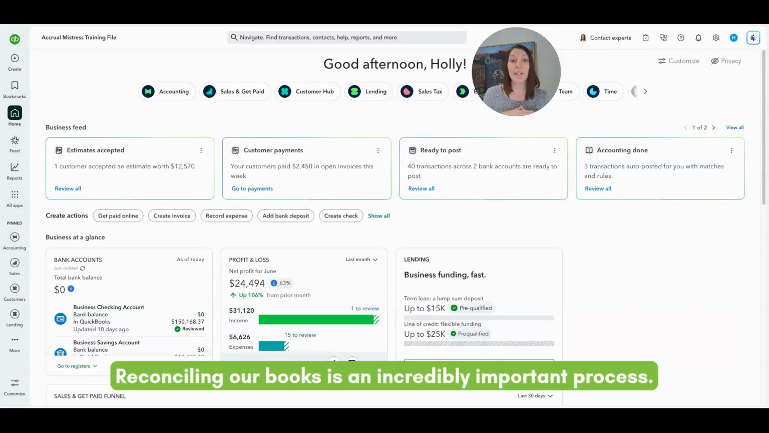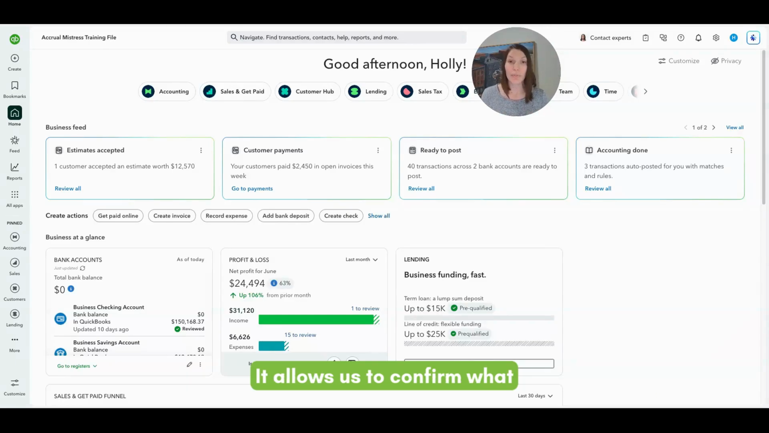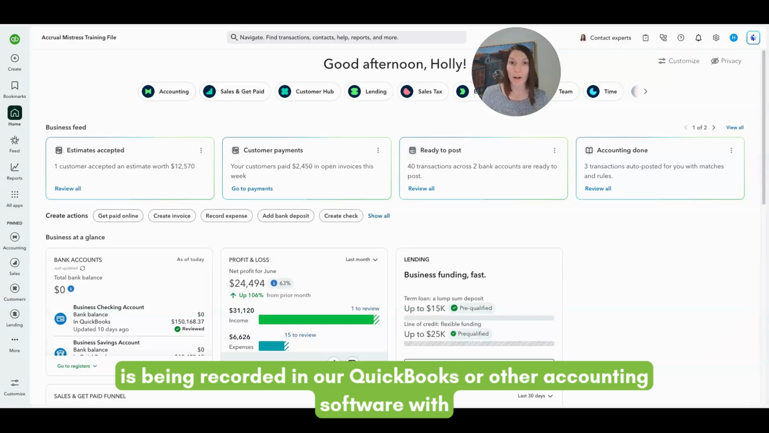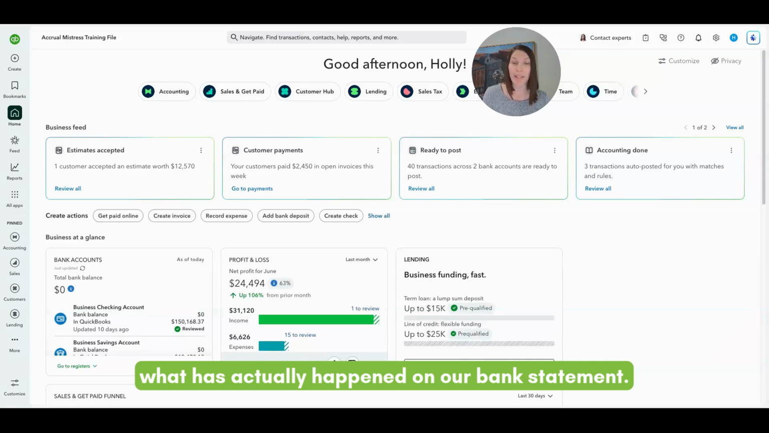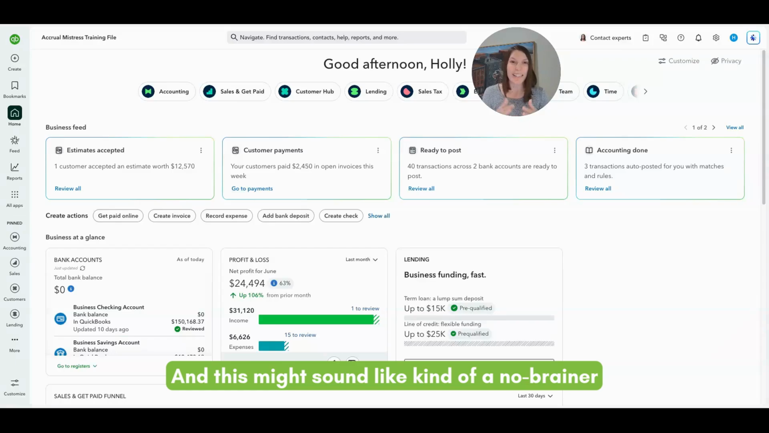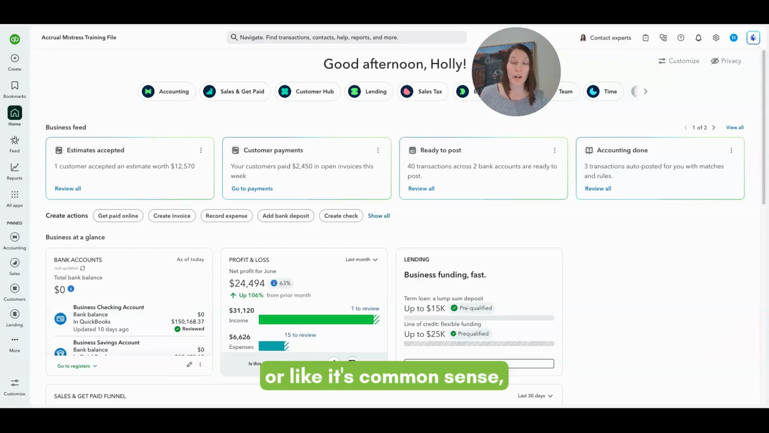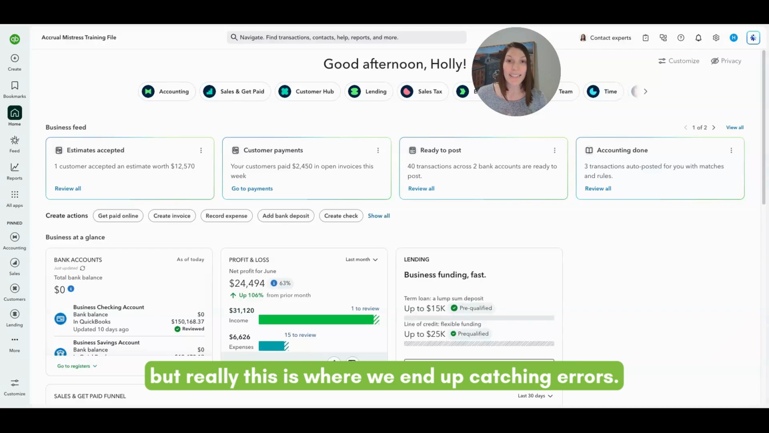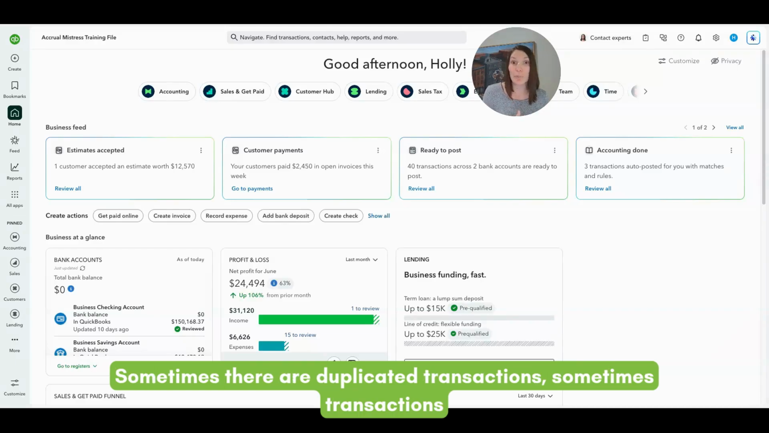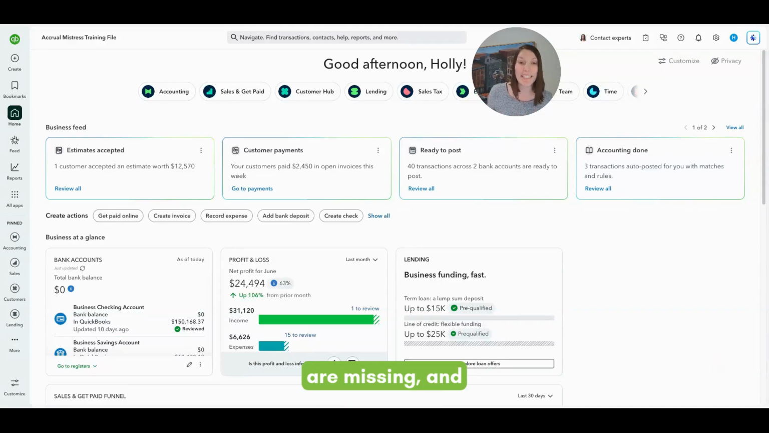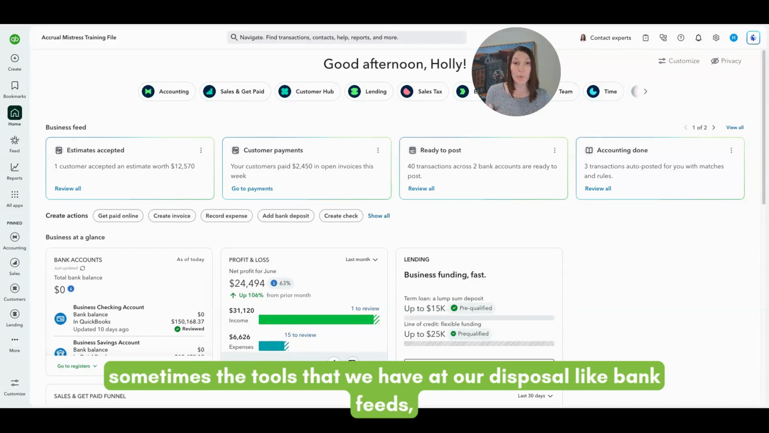Reconciling our books is an incredibly important process. It allows us to confirm what is being recorded in our QuickBooks or other accounting software with what has actually happened on our bank statement. And this might sound like kind of a no-brainer or like it's common sense, but really this is where we end up catching errors. Sometimes there are duplicated transactions, sometimes transactions are missing,